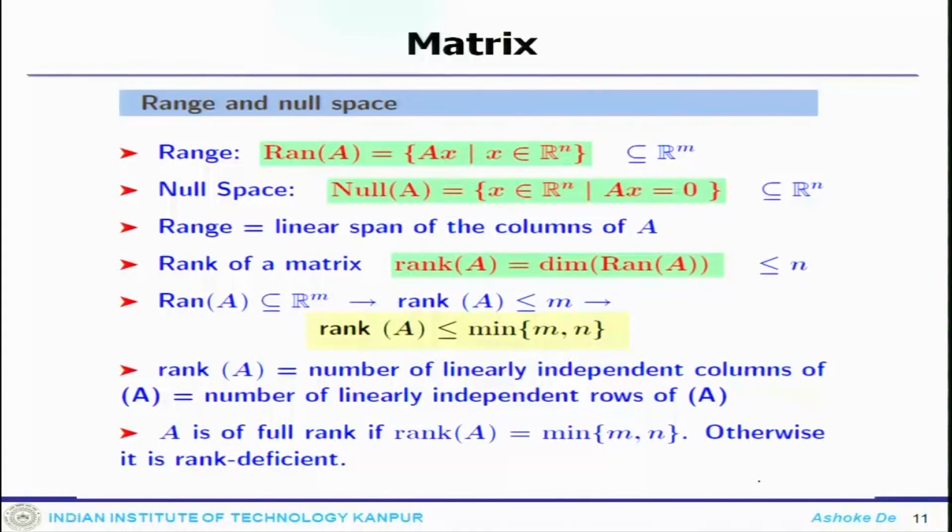Then, since the rows and the columns of A form some sort of vector space, it is good to know what those spaces are, the range and the null space. The range belongs to R to the power m. The null space is essentially a vector space belonging to R to the power n, which we find by solving A x equal to 0. Since A is an m by n system, the null space belongs to R^n. Then the range is the linear span of the columns of A.